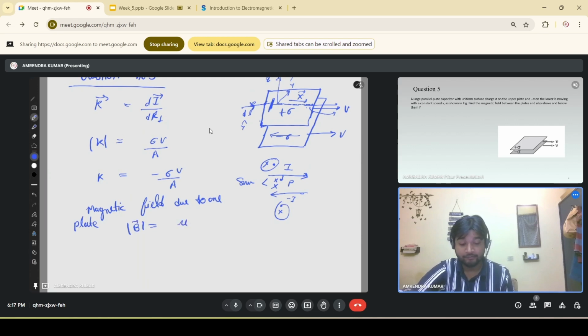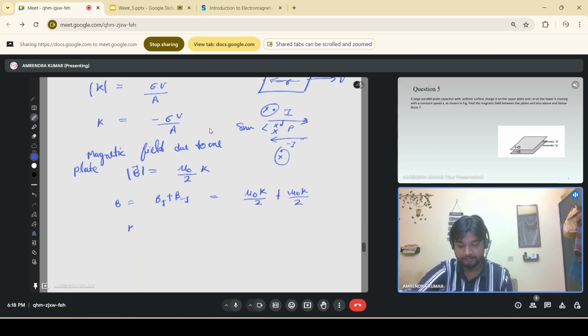Okay, it was mu 0 k, mu 0 by 2 k, and then we have actually two densities, so we can sum up the mod values. So B total will be B1 plus B2, B plus I minus I. The mod values are like mu 0 k over 2 plus mu 0 k over 2, but we know that the current density is nothing but